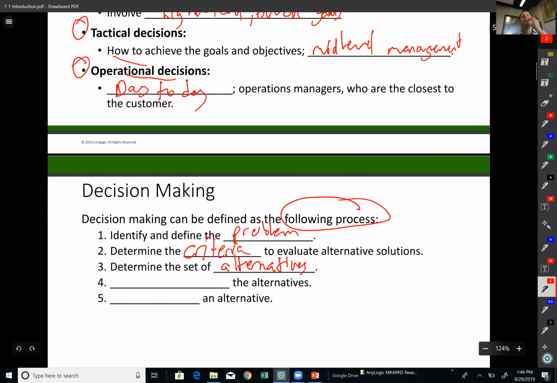If there is no alternative, there is no decision to make really, other than do that or don't do it. But let's say I would like to achieve financial goals that I have, I need to define my alternatives in terms of, let's say, investments. Should I buy stocks? Should I buy bonds? Should I buy real estate? Should I get a second job? And so on, right? Those alternatives are crucial. And also we need to evaluate those alternatives based on the criteria that we developed. And then finally, we choose the best alternative based on our decision components.